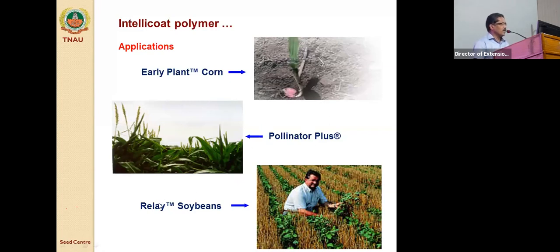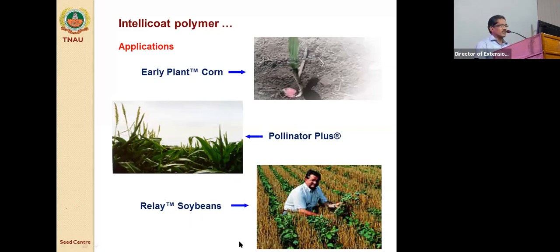Then another formulation they have is relay cropping. This is again like what we normally use in our delta region, rice fallow pulses. Just soon after harvest, or at the time of harvest, or sometimes just before harvest, we go for sowing of pulses.